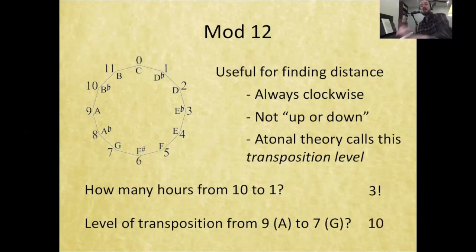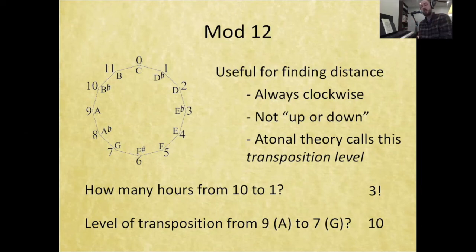The common mistake that people would make would be to say that that's a distance of 2, right? Because you just go 9, 8, 7. Ooh, wow. But that's going counterclockwise. So when we go clockwise, we always think that it goes around. So that's 10. And the fun thing is, whether I play it like this, or I play A going to that G, this 9 to this 7, we're still saying that that's the same